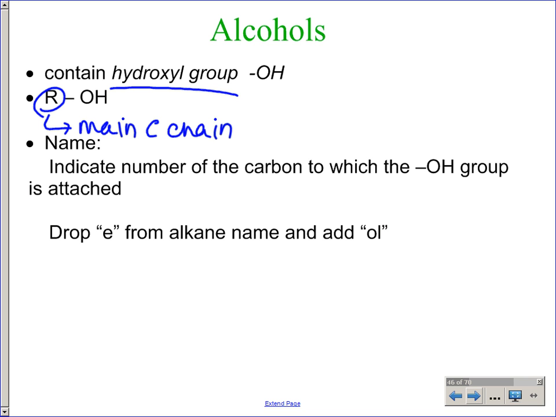These are the most simple because all you do is attach the OH group to one end of a carbon. And you have to tell me where the carbon is that you've attached this to. It could be in the middle, or it's usually at the end. Whenever you name them, you drop the E from alkane and you add OL, like methanol or ethanol. For example,